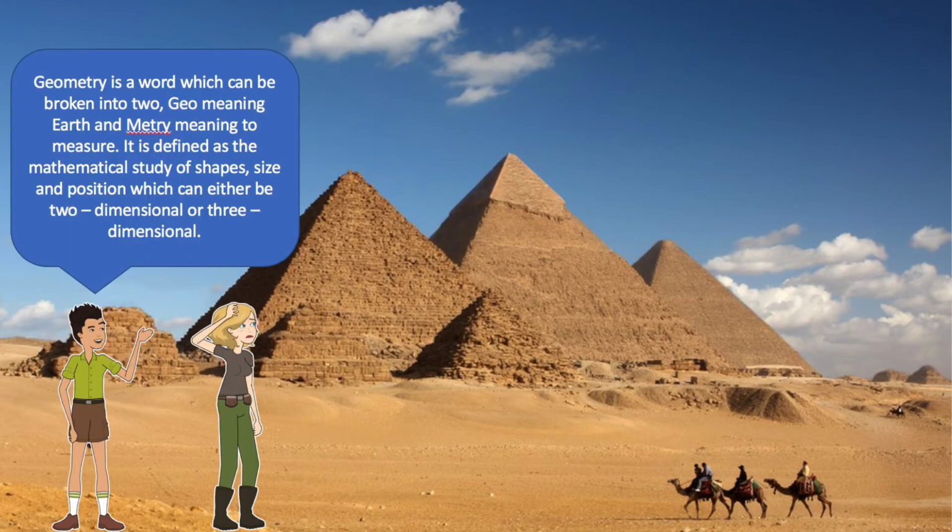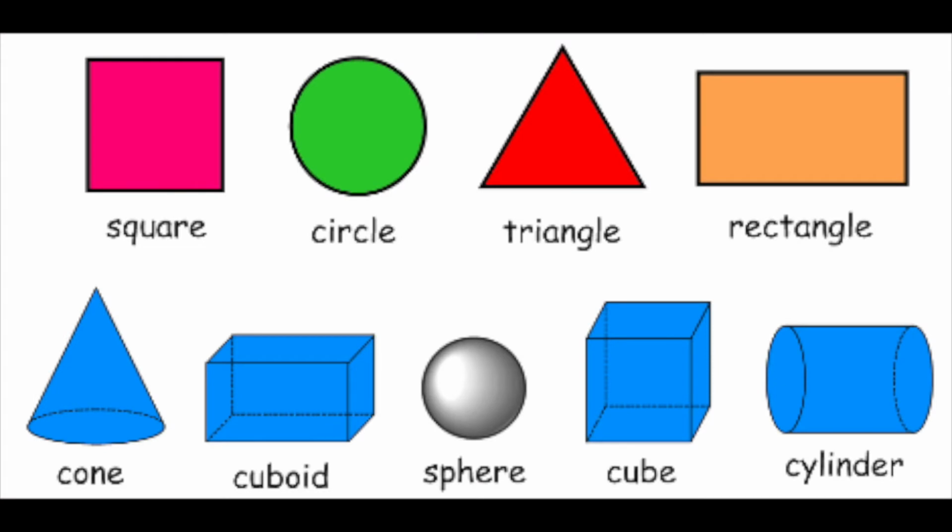Alex explains that the pyramids are a geometric shape that many students study in school. Geometry is a word which can be broken into two: geo, meaning earth, and metry, meaning to measure. It is defined as the mathematical study of shapes, size and position, which can either be two-dimensional or three-dimensional. Two-dimensional objects only have two dimensions, length and width, whereas three-dimensional objects have a third dimension, depth,